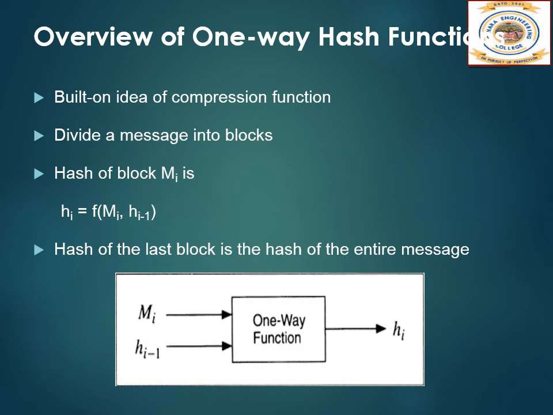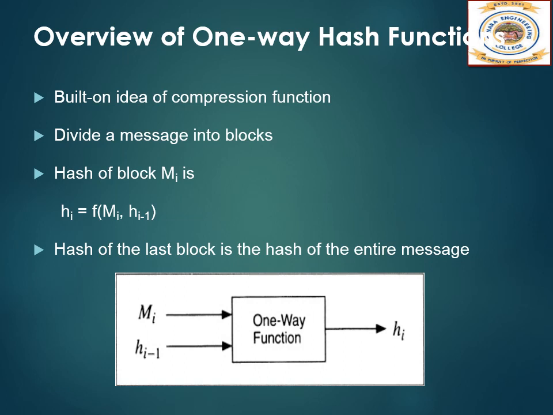Overview of one-way hash function. It is not easy to design a function that accepts an arbitrary length input, let alone make it one-way. In the real world, one-way hash functions are built on the idea of a compression function. This one-way function outputs a hash value of length n given an input of some larger length m. The inputs to the compression function are a message block and the output of the previous blocks of text. The output is the hash of all blocks up to that point.